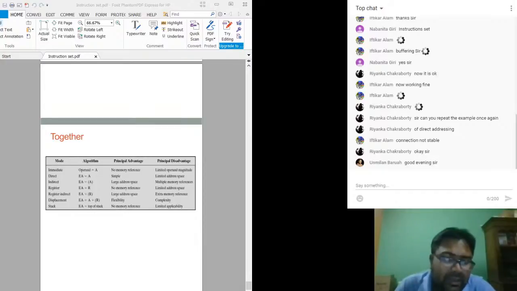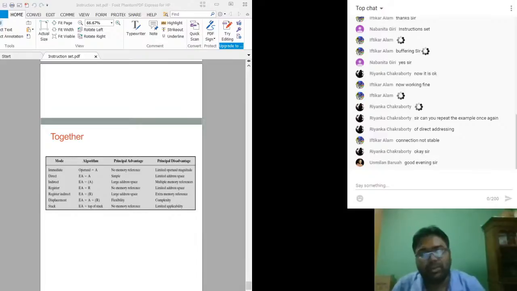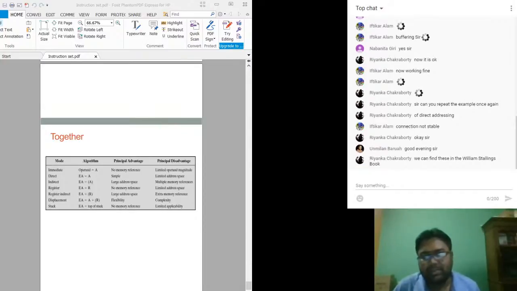Indirect allows a large address space but requires multiple memory references. Register has no memory reference but limited address space. Register indirect gives a large address space, but an extra memory reference is required. Displacement is flexible, but complicated to implement, because it requires separate control logic for implementing this displacement mechanism.